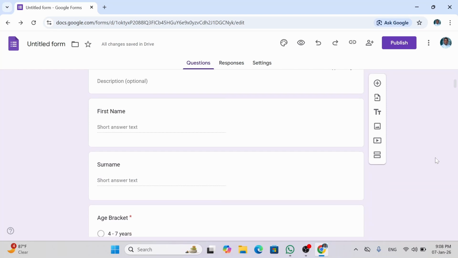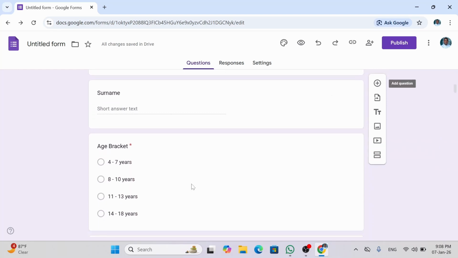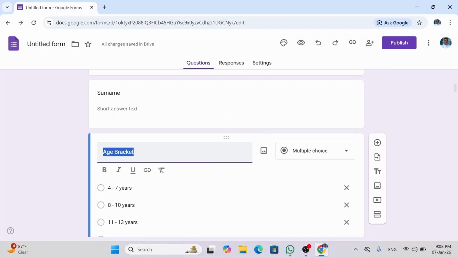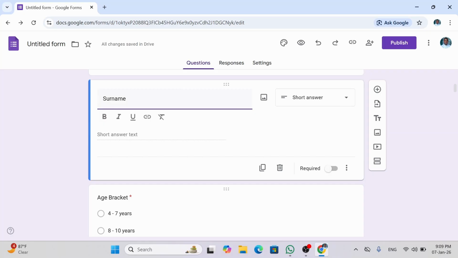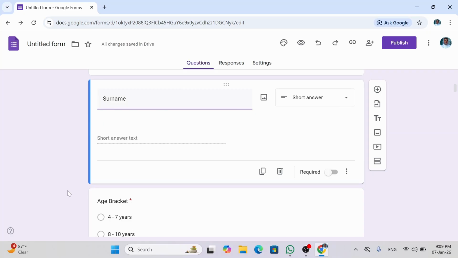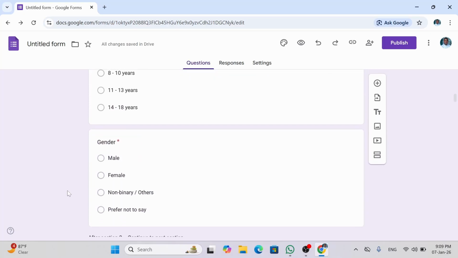Now for section 2, first name, surname, age bracket. You can see age bracket has asterisks. You can see the red asterisks, meaning that it is compulsory. Every person that is filling this form must answer it. You can see gender. You can see the red asterisks, indicating that it is compulsory. Every respondent must